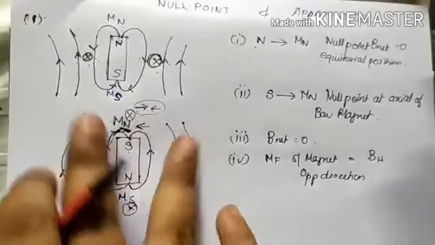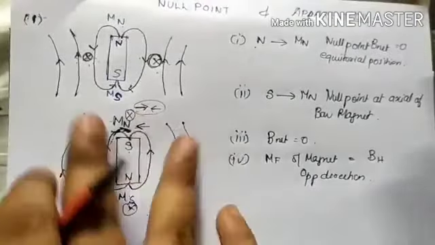When I am reading, I will be reading it first because I understood the question from one reading itself. So if you are not getting it, please pause the video, then do it. The scenario is the first case, right? When the north pole of the bar magnet is facing magnetic north, the figure will be like this. I'm not going to draw the field lines, guys. I'm just going to position the null points.